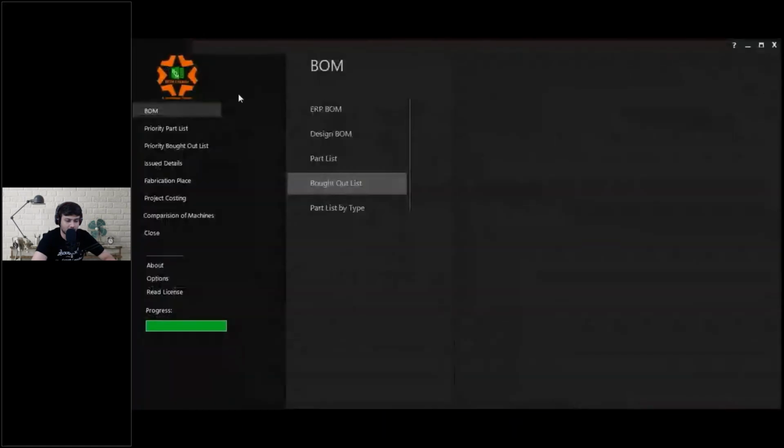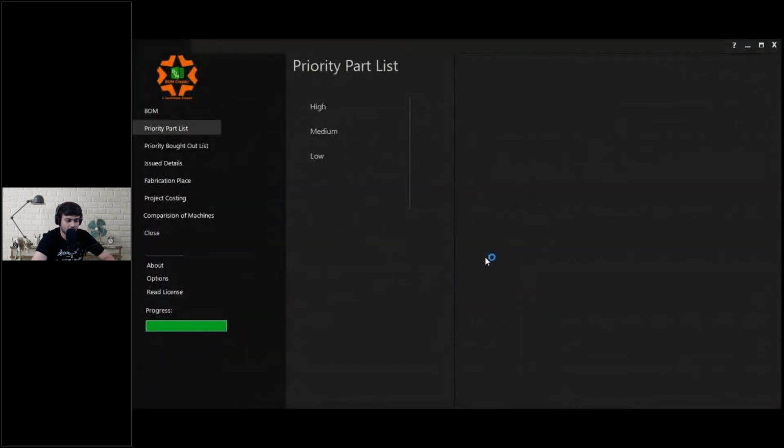Let's go further, talking about the priority part list. As we have been discussing during the course of the presentation, every manufacturing component has its own manufacturing lead time. Say there is a 1,000 component machine or a 2,000 component machine, there could be different components with different manufacturing lead times.